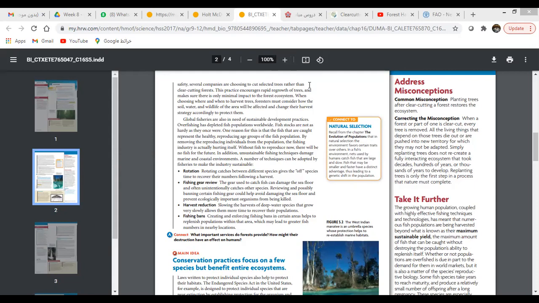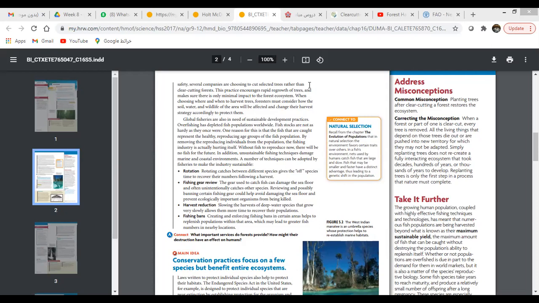Okay, so a lot of companies are choosing to cut selected trees rather than clear cutting forests. Instead of clear cutting the forest, they now choose to cut selected trees. These selected trees have minimal impact on the forest ecosystem. The impact is less. Why? Because when they choose where and when to harvest the trees, the foresters, the farmers,